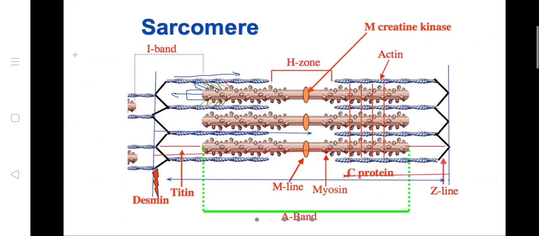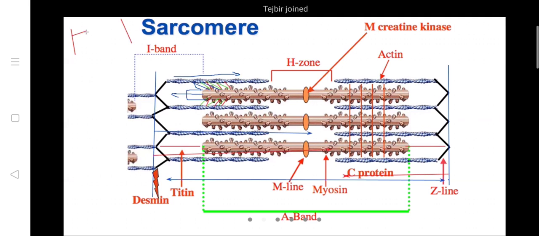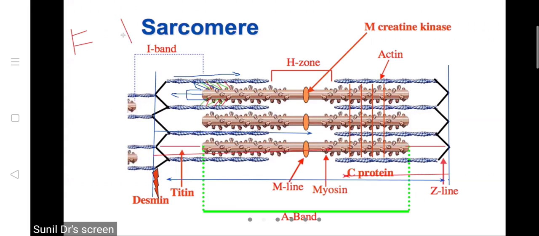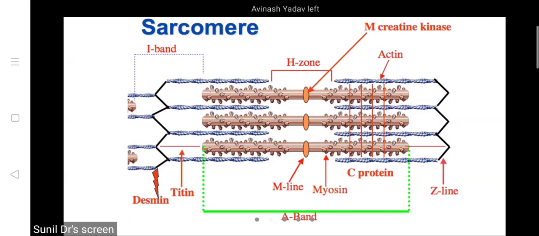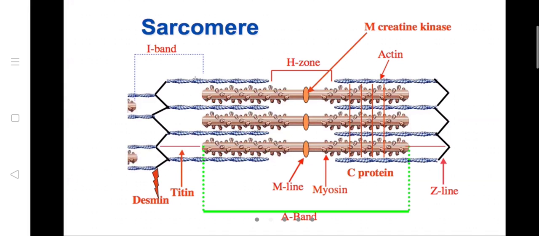The sarcomere, which was initially this long, will become like this. So from this length, it has contracted to this length. Since these heads are walking over the actin, this is called the walk along mechanism or ratchet theory. Okay, fine. Now we are going to see the different zones of the sarcomere.